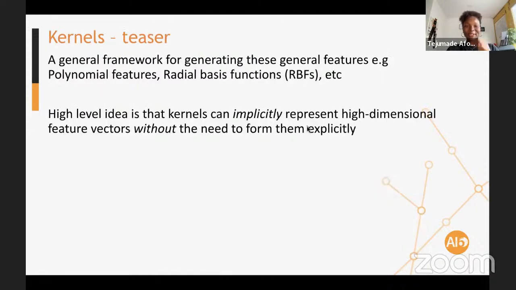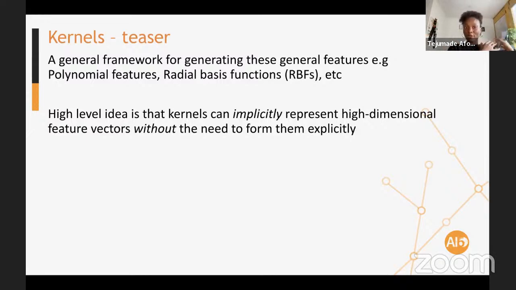All right. So this idea, this intuition, is really important, because this is the fundamental thing that kernels do, which I briefly introduced. Like I said, kernels deserve a class of their own, or even multiple classes of their own. It's a big topic, but the general idea here is that it's a general framework that can be used to generate what we call general features.